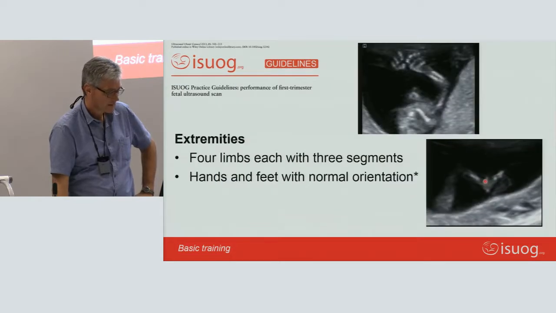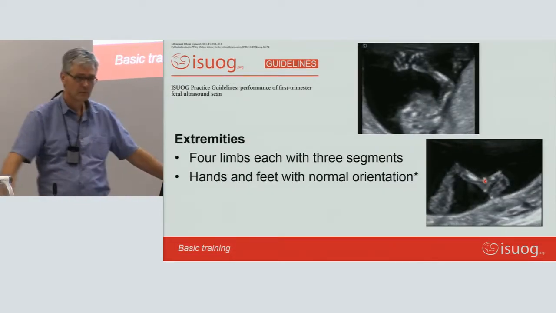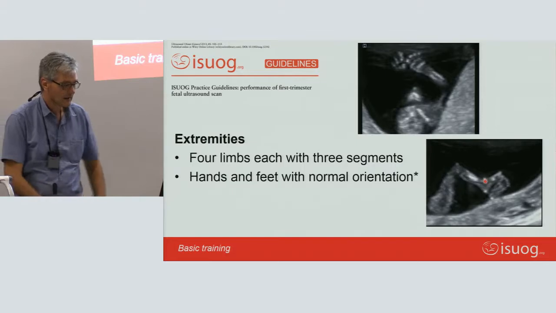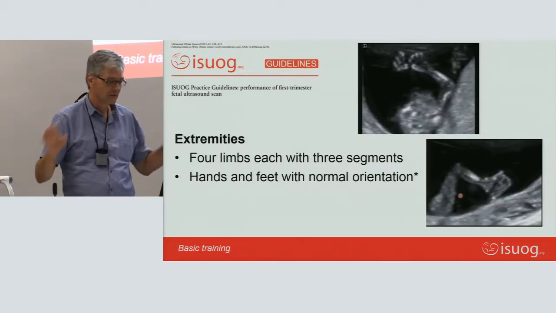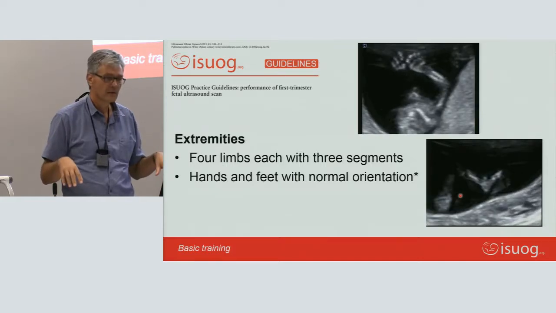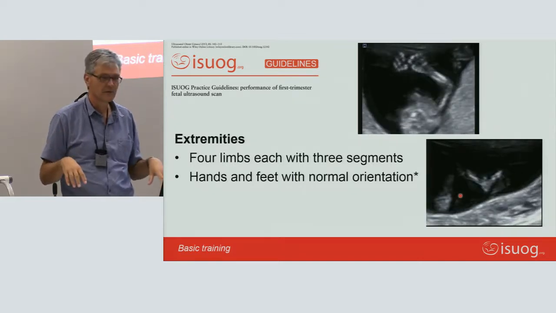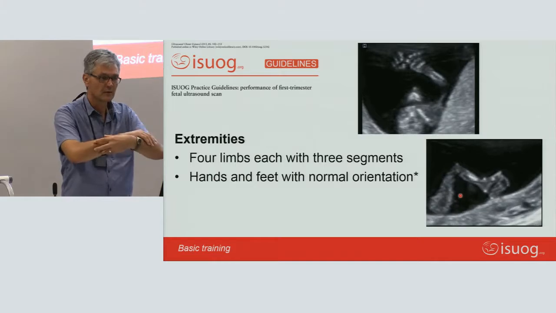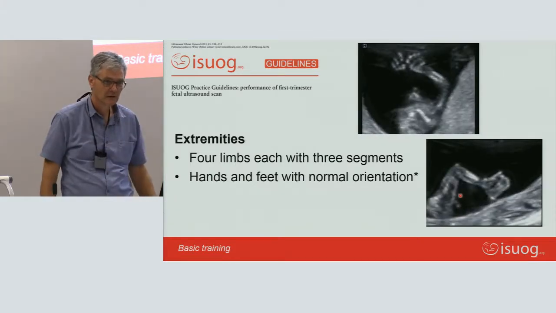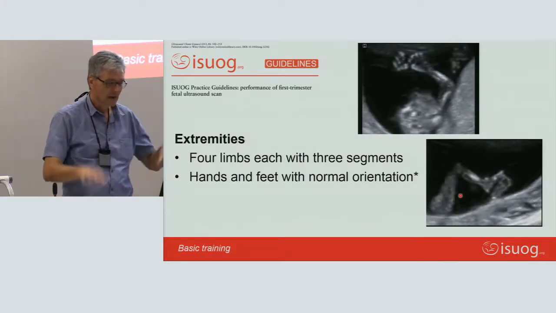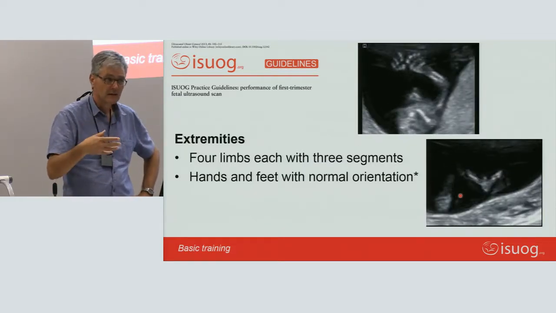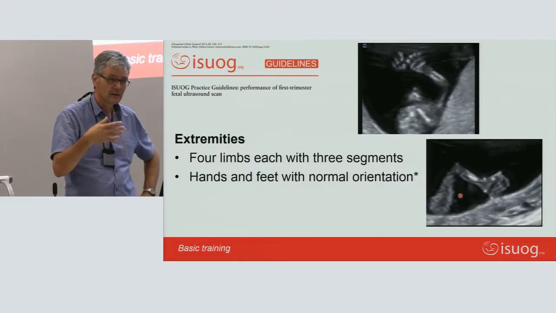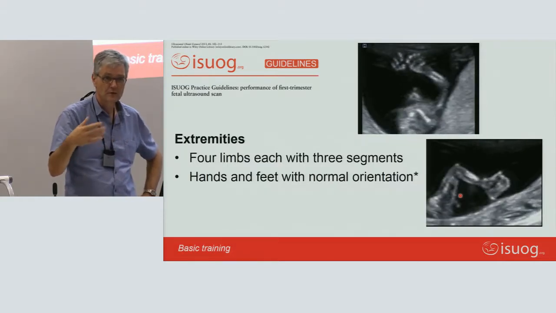And then as we proceed more peripherally, what needs to be seen is that there are in fact 4 limbs, 2 arms and 2 legs, each with 3 segments. In other words, 2 humeri, 2 radii, 2 ulnae, 2 femora, 2 tibiae, 2 fibulae, and then with hands and fingers. And once you get used to this and are scanning at a more advanced level,